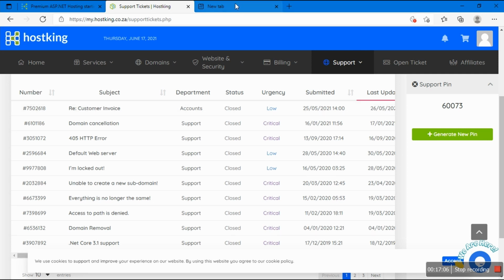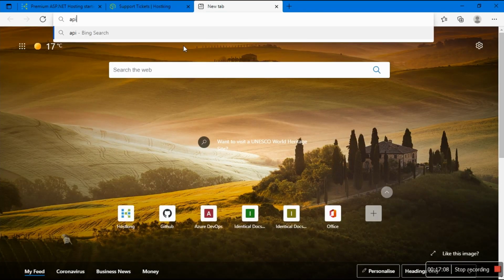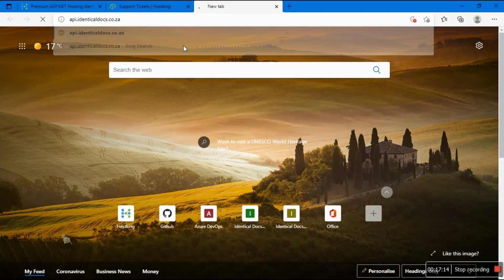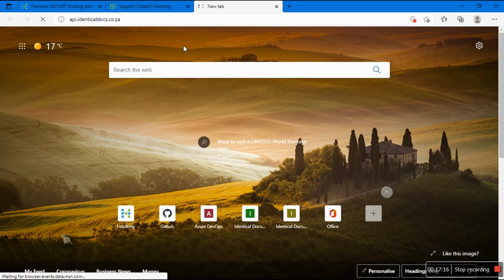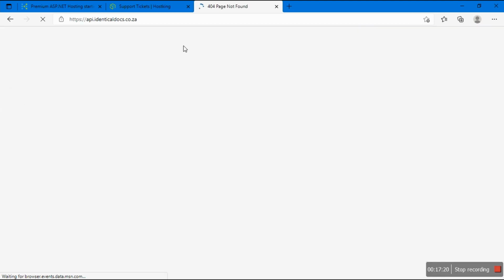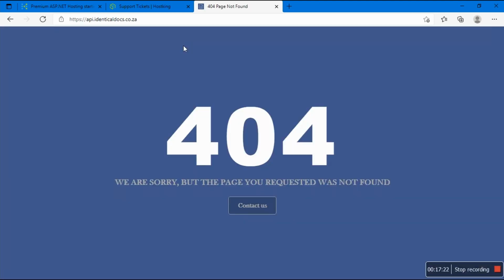Let me just explain, by the way. API.identical docs. You see, just expect me to go off the script. It's not a script. I know what I'm going to do, but I'm not saying I have written these things down the way I follow through, blah, blah. No. Now, this is a project targeting .NET Core, ASP.NET Web API, targeting .NET Core. This is 5.0. We did this.